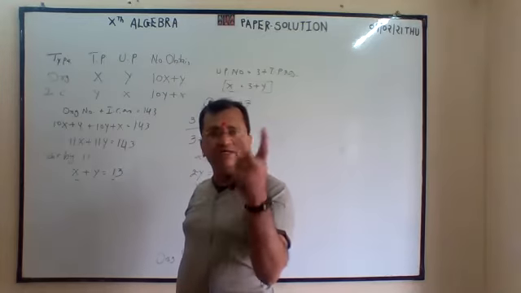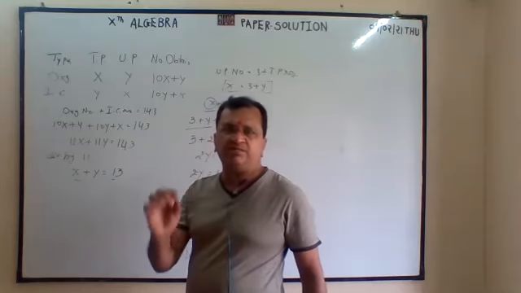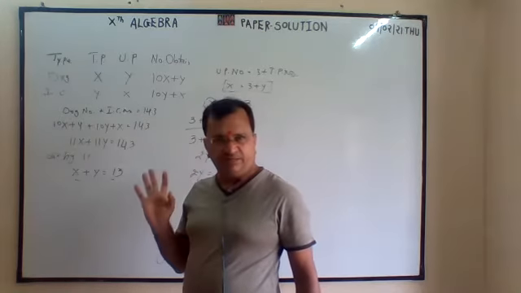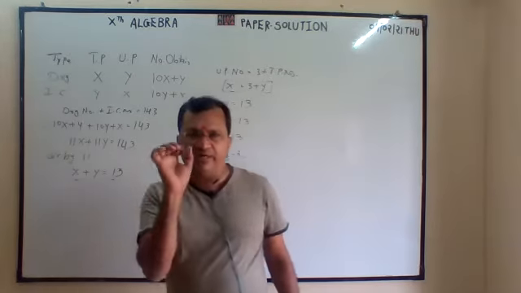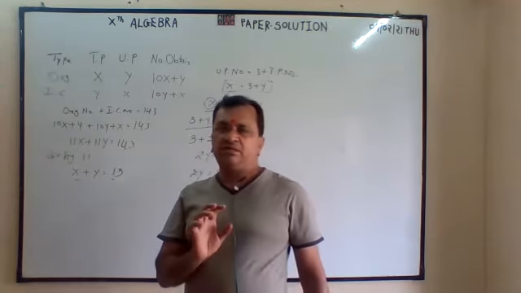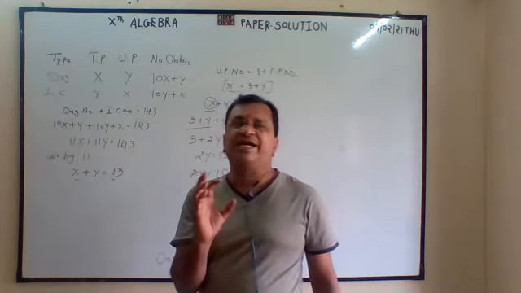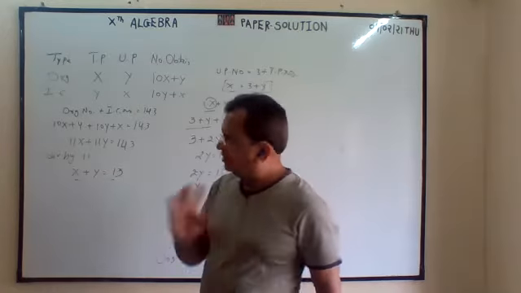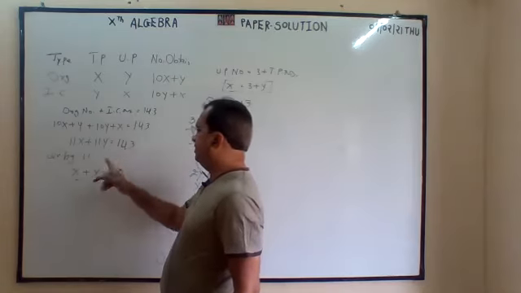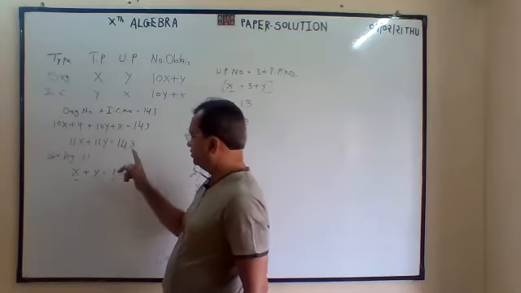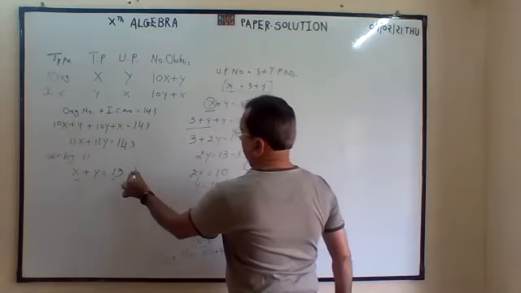Now, for two variables, they will give two conditions. One condition they have given: original number plus interchange number is equal to 143. If you add two numbers, you will always get 11x plus 11y. If you subtract one number from the other, you will get 9x minus 9y. But here they have given addition. So 11x plus 11y is 143, all divided by 11. So this is 13, since 13 elevens are 143. This is your equation number 1.